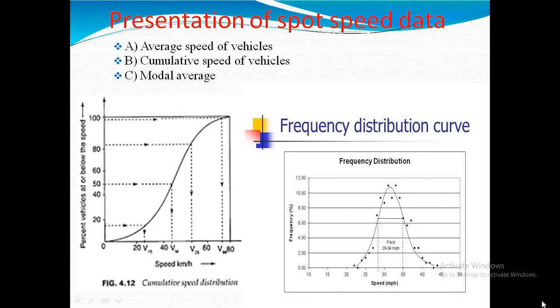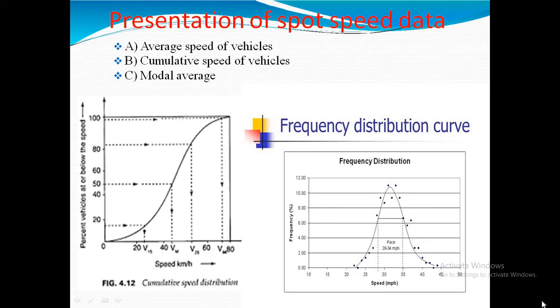The drivers exceeding the 85th percentile speed are usually considered to drive faster than the safe speed under existing conditions, and hence this speed is adopted for the safe speed limit in this zone. However, for the purpose of highway geometric design, the 98th percentile speed is taken.